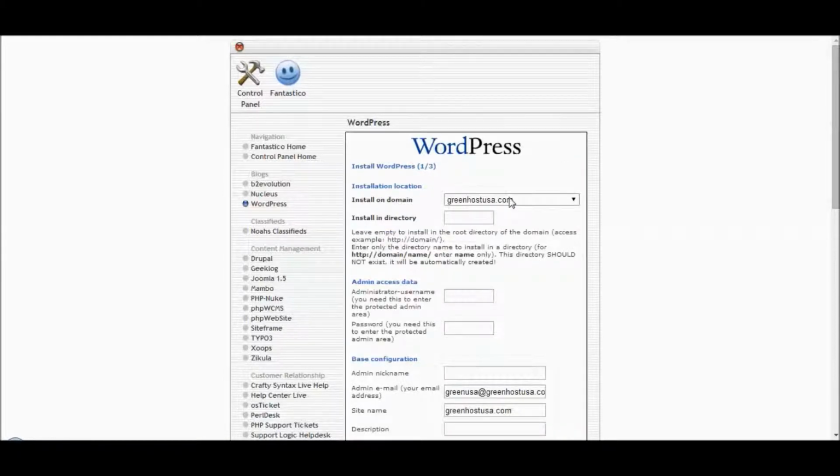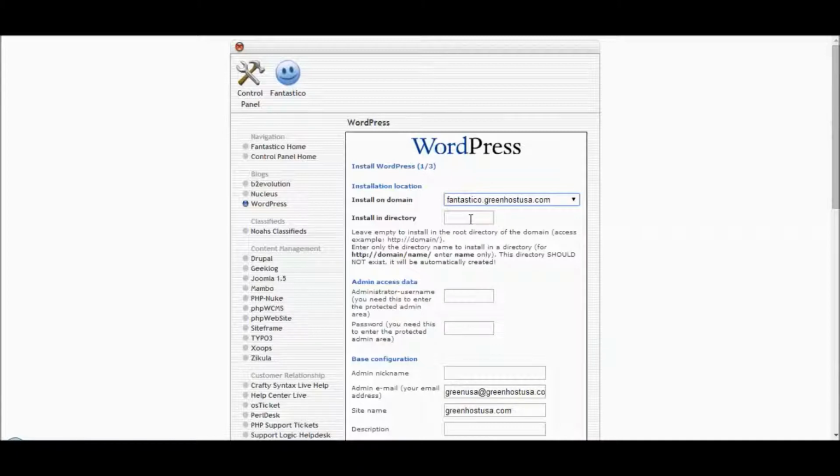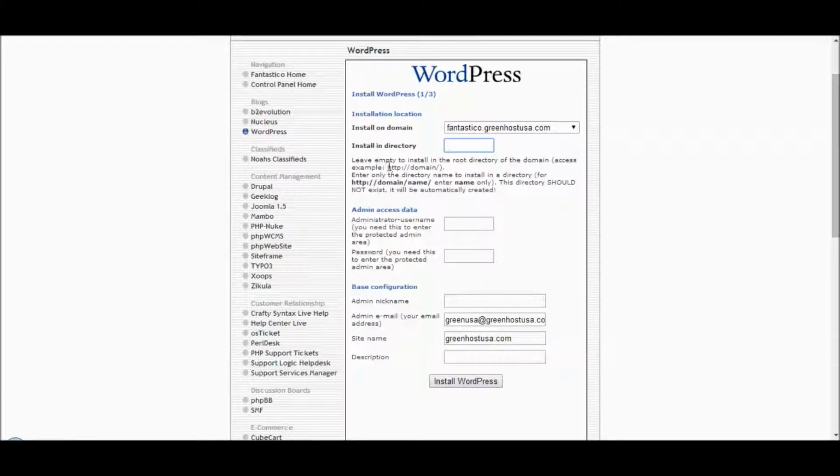And here we are, and we're going to pick which directory we want to install it on. So I've already created the subdomain, so I'm going to go ahead and install it on fantastico.greenhostUSA.com. And I could install it in a directory if I wanted to, but I'm just going to have it installed to this particular root right here. And then we're going to go down, and it says leave empty to install in the root directory of the domain. And we want to give it admin access, so I'm just going to put that in here, and then